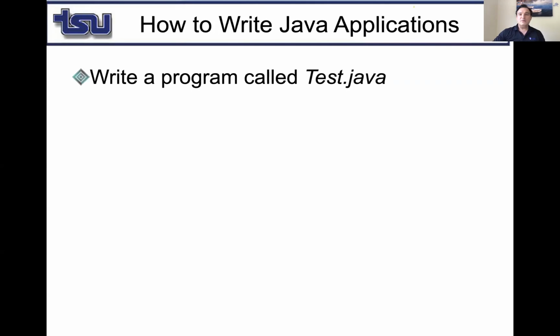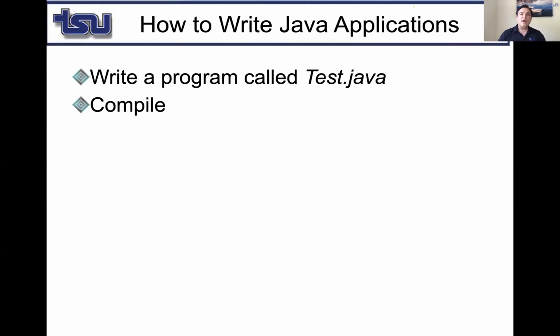In order to write a Java application, that's a very simple thing. You're going to open a text editor. You're going to write your program. I know you don't know how to write it yet. You're going to save it. When you save it, you're going to give extension .java. For example, you write your program on a text editor, save it as test.java, and then you will need to